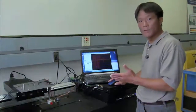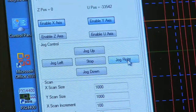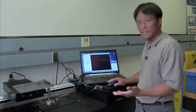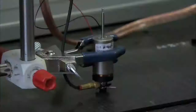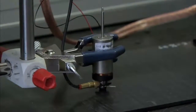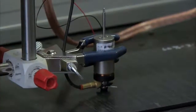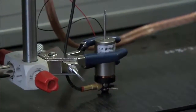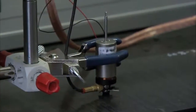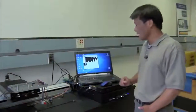Because it's vibrating on the surface, we can move the transducer and still get the inspection. So right now we're vibrating the transducer on the surface, and we can scan it to make multiple measurements on the surface. And the vibration allows the transducer to move on the surface, or in effect float on the surface. Okay, so here is some data that we took